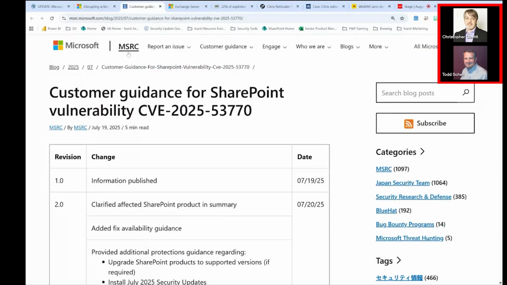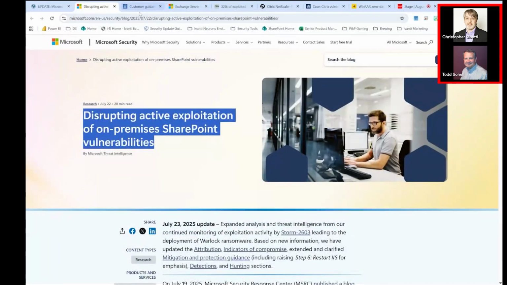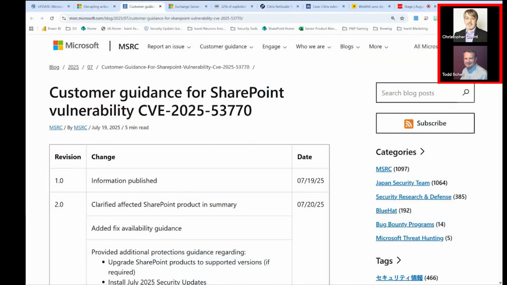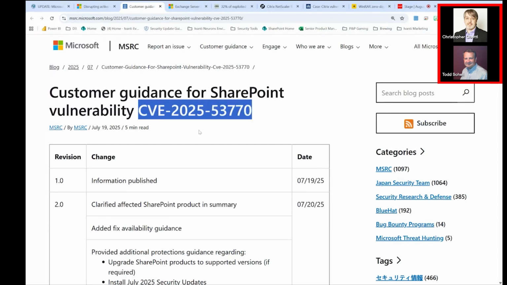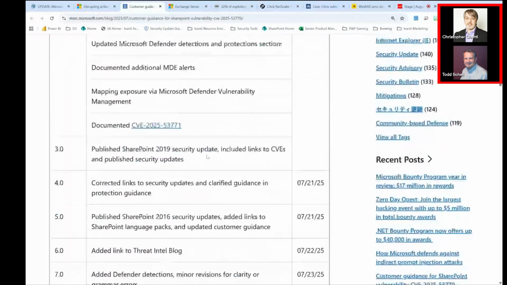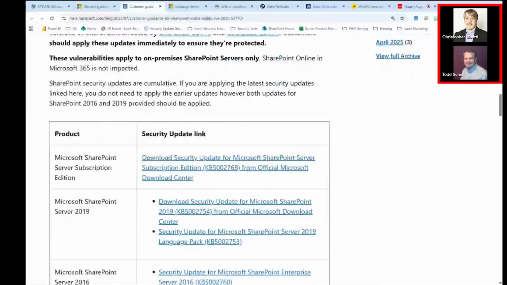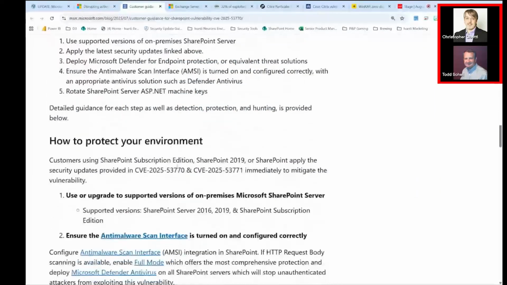There is Microsoft's MSRC article that came up. Microsoft had a blog post that they posted, and then a deeper level of guidance on the MSRC, getting more in depth on this. So one of the pieces of guidance that they are talking about, and I just need to scroll down here to get to it,